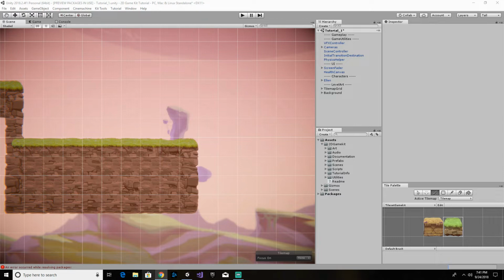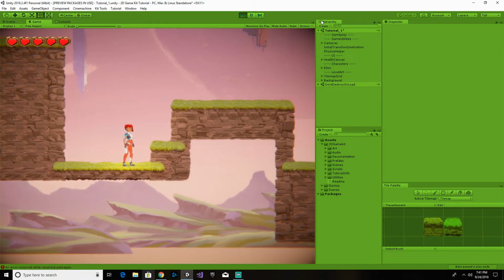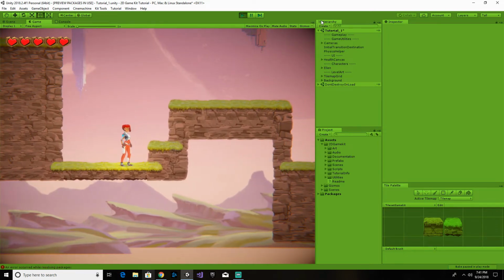So next up, we'll go ahead and hit the play one more time because it says here that Unity has included a debug menu. If we press F12 on the keyboard, there it is. It brings up an option to enable or disable each of Ellen's weapons in the game view. So we've got a melee attack,